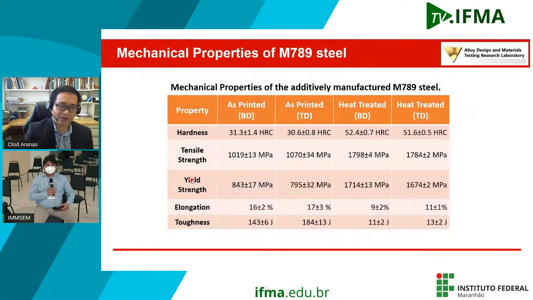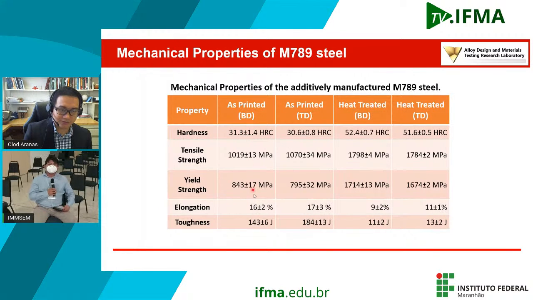And then we also measure the mechanical properties which are summarized in this table. Ou seja, medimos também as propriedades mecânicas, as quais são mostradas nessa tabela. So as you can see, for example, we measure the property along the building direction and along transverse direction. Se você perceber, nós medimos as propriedades tanto na direção da construção, ou seja, camada sobre camada, e também sobre a direção transversal de impressão da amostra.